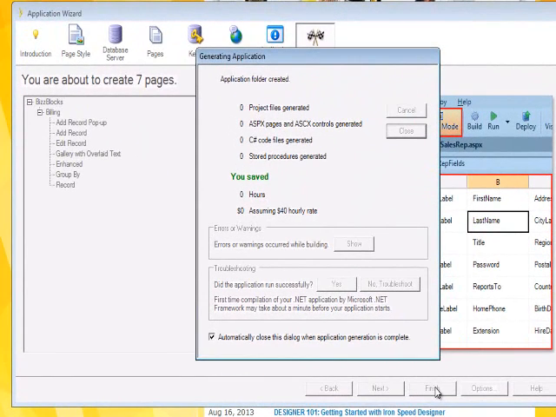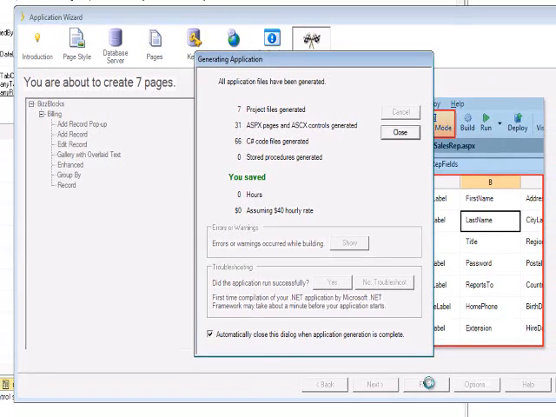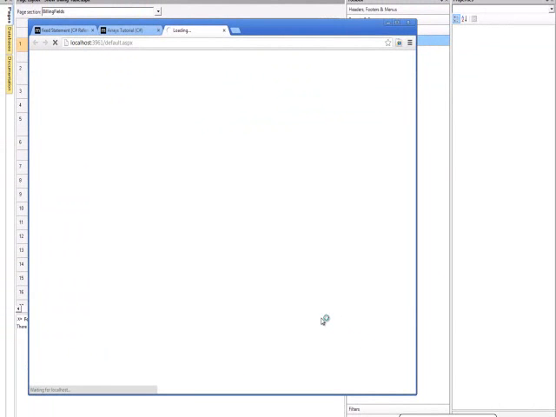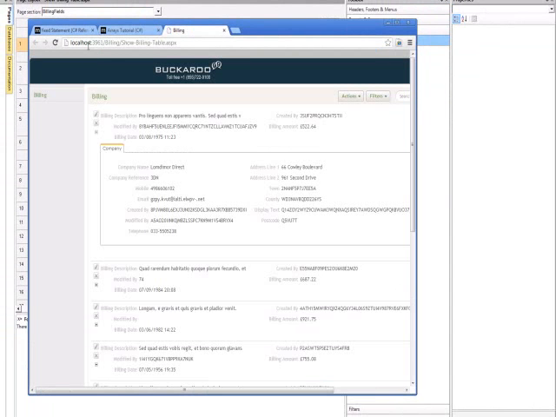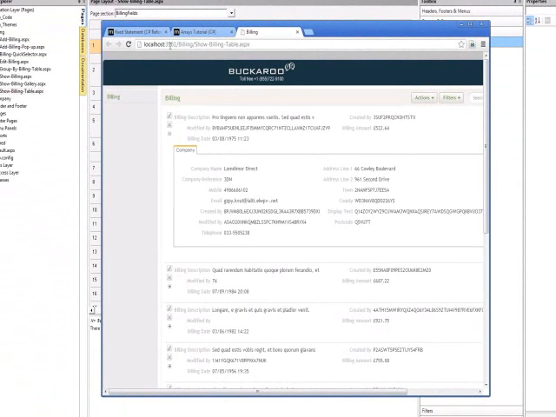First thing it's going to do, as you see the progress here, is create and generate certain files. After it's generated those files, it will then do a build and a compile, and at the end of that it will then run the application in your favorite web browser, and you should see, here we go, up it comes. We're going to have information there, and as you can see in the URL, we've got our localhost with a port number. It's using the developer IIS, as we said earlier. So here's my application,